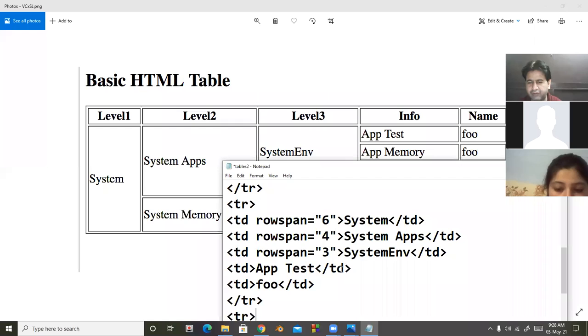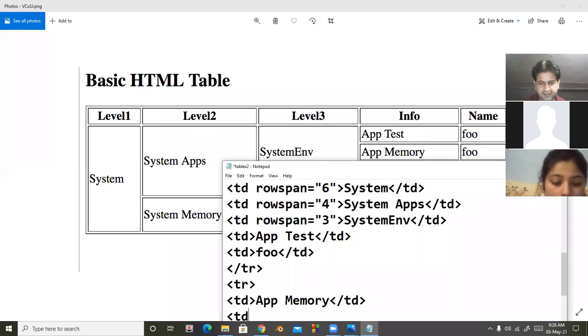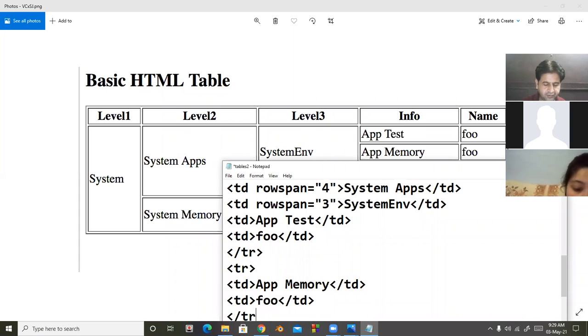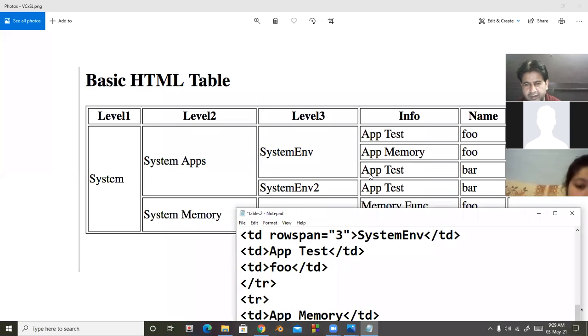Okay, so we will have to enter only two table data. One is TD app memory, and then TR closed, then again TR start. Now in third row, again, only 2 data is inserted here: app test and bar.